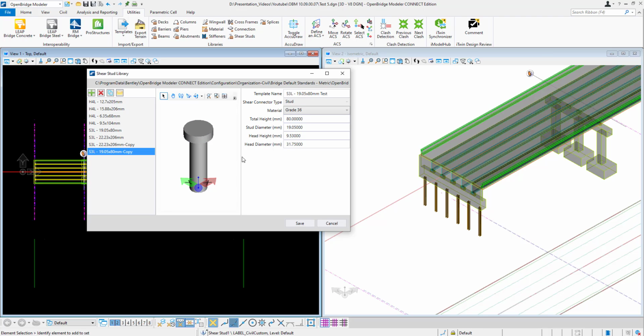So this is the total height. So let's say I provide 200. Stud diameter, let's say I provide 20 millimeter. Head height 10 millimeter. Head diameter is 40 millimeter. So if we save it,